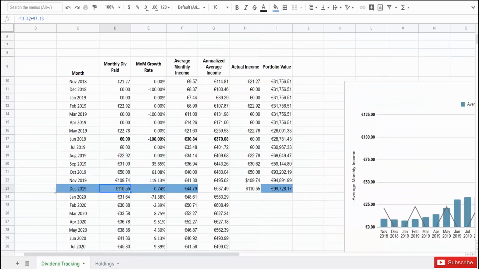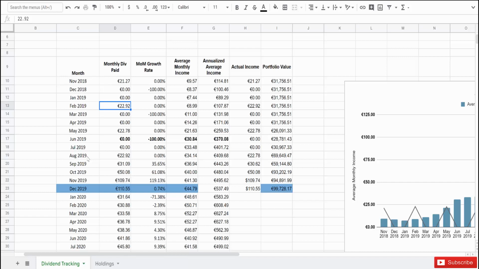So if I go back here, you can see we are now in December, okay? And if I go back to February of this year, I was earning 22.92 euros of dividend that month, which mainly were from Apple stocks that I owned already. And as you can see, I started to invest heavily in August, and as most of you might know, you only get paid the dividends, okay, like 4 to 6 weeks after you have bought the stocks,